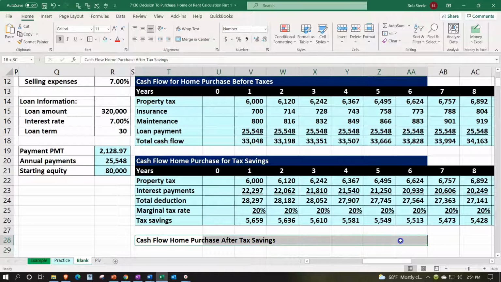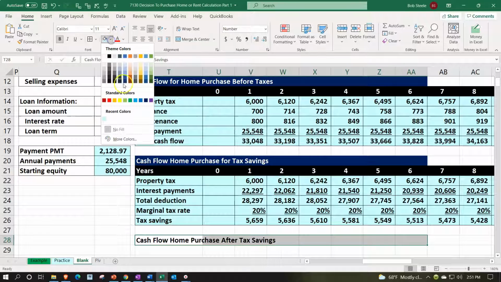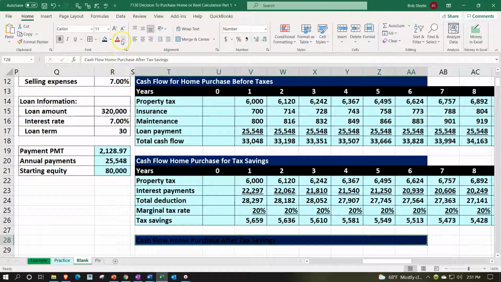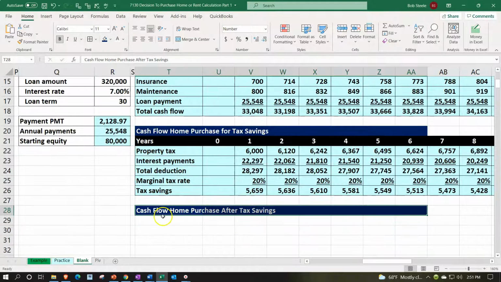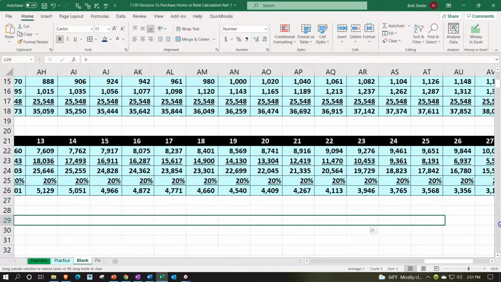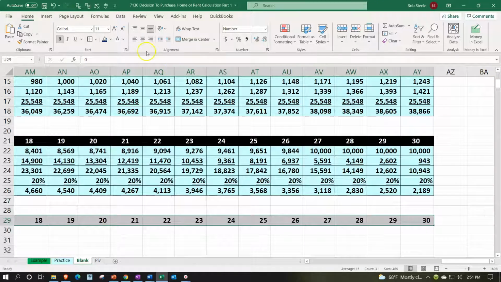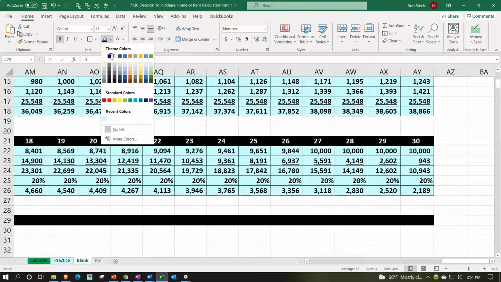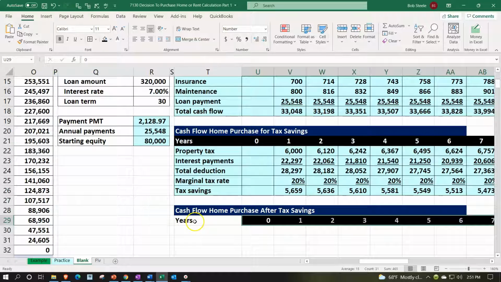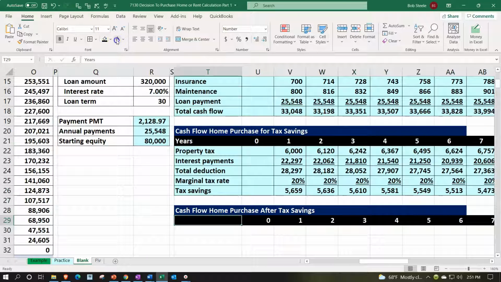So let's do our formatting, dark blue, and then white on the text, years, and 0, 1, 2, and then we'll select those three and take the fill handle and drag it to the right to 30, making this black and white for font's sake. And then we're going to go down and make this black and white. And then we'll just call it the cash flow